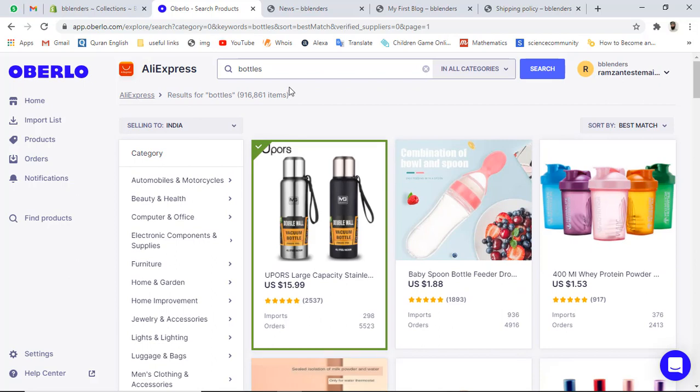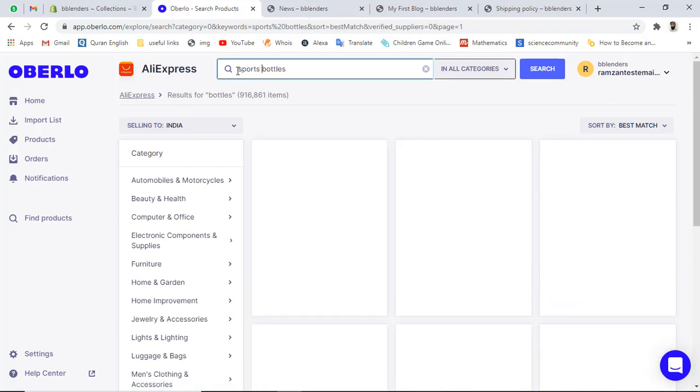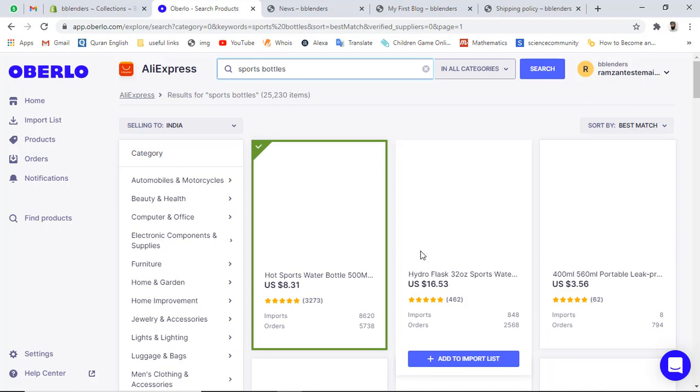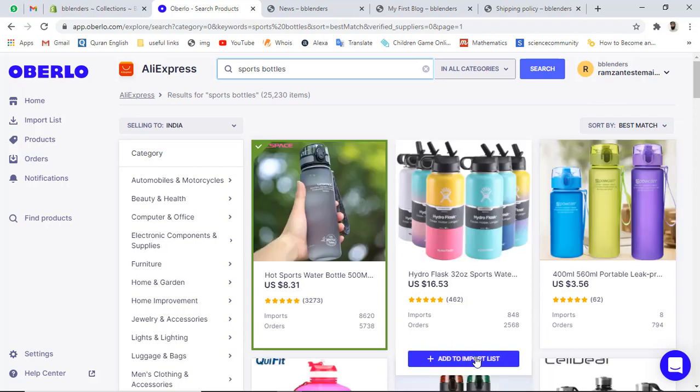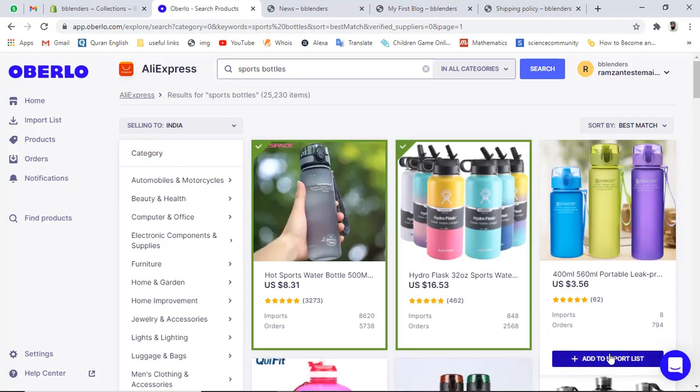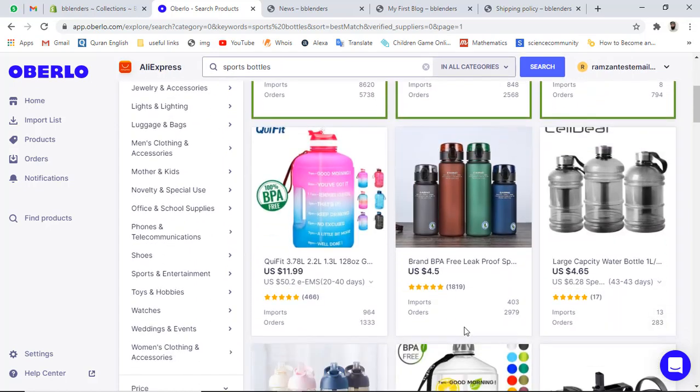So let's change the keyword to sports bottles. If you select sports bottles, then maybe we will get good results. You can see that we are getting little better results. So you should select the bottles from here as well.